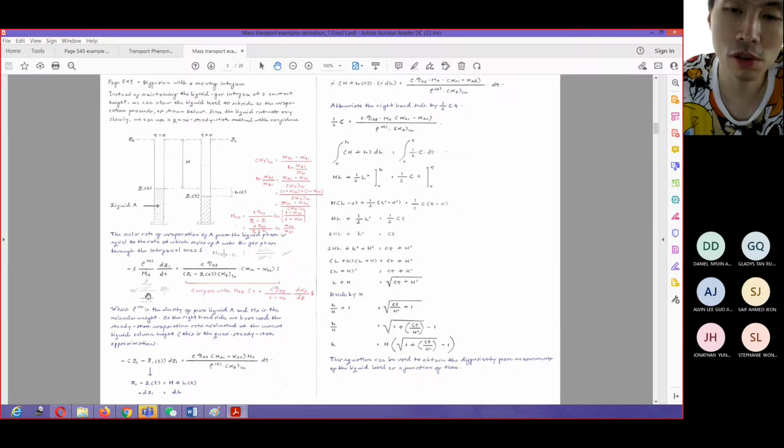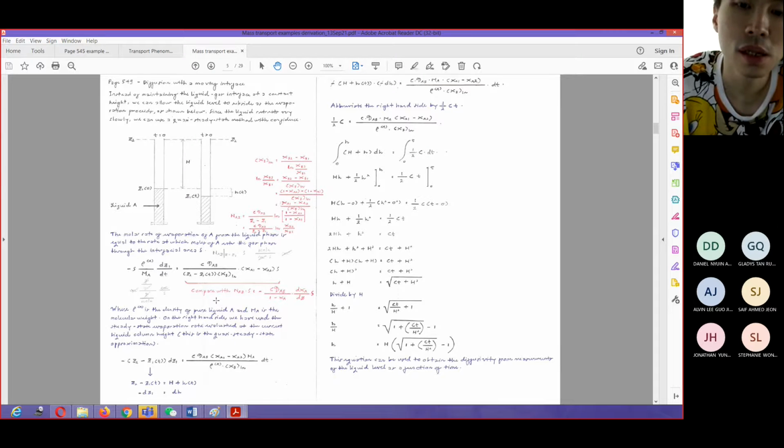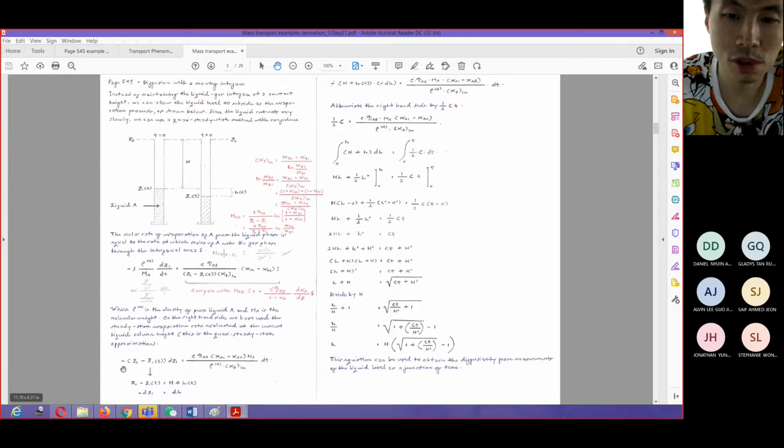But in order for you to know whether this is correct or not, you always have to check the units again. The units will be moles per second on the left hand side, and moles per second on the right hand side. If everything is like this, then we will be able to express this whole equation in terms of these equations in here.